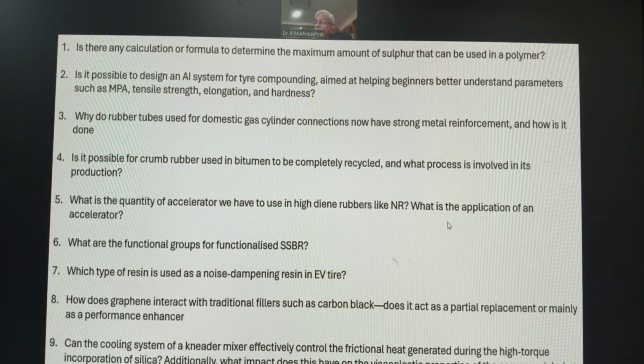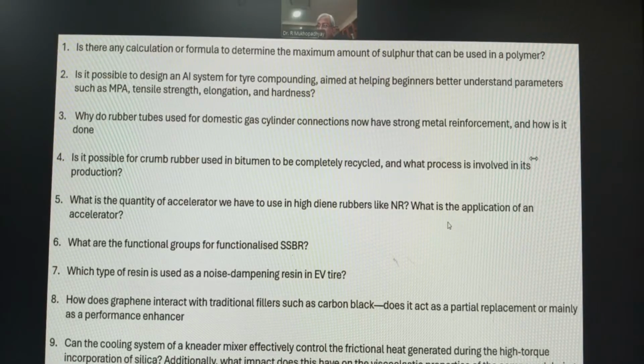Now, what is happening when you go for polymer-filler interaction to enhance it? In such cases, you require that no polymer chain ends are available. So what they are doing is functionalizing the polymer chain with this group. This functional group, especially for silica, promotes polymer-filler interaction. As I told you,